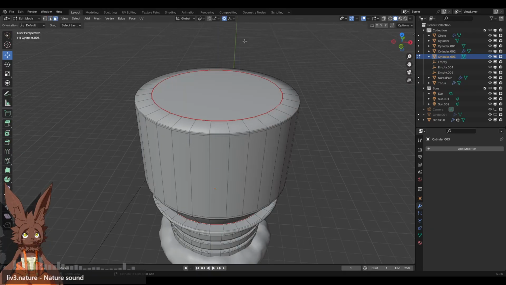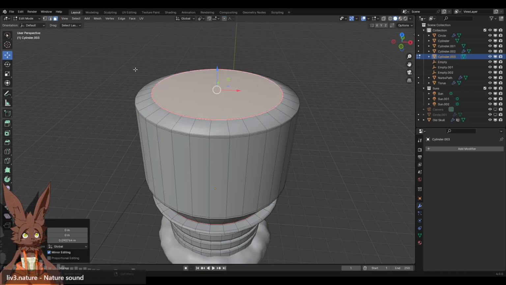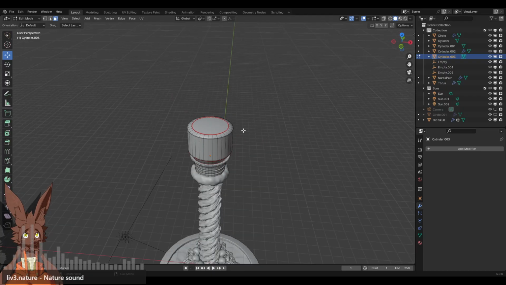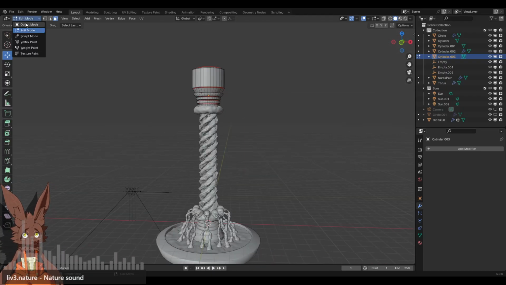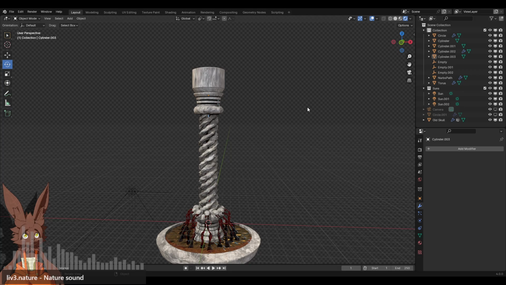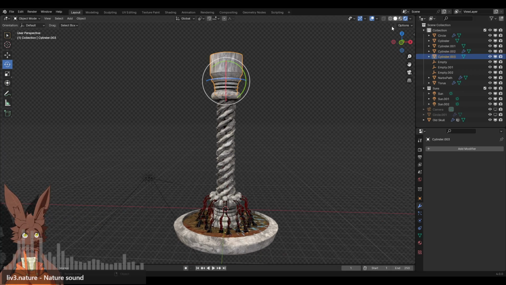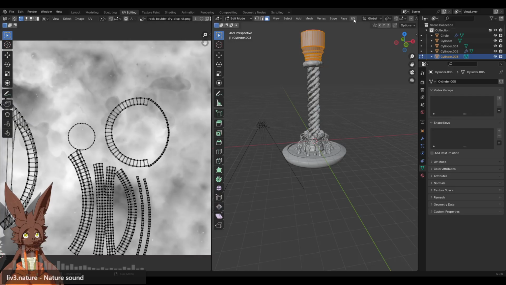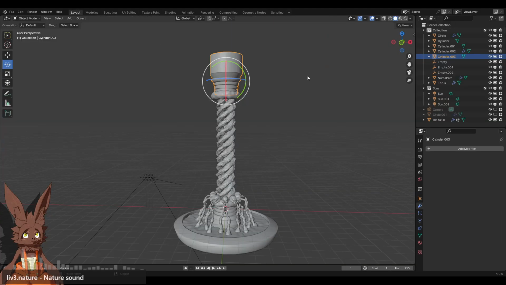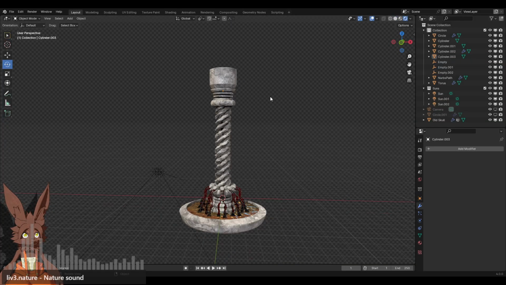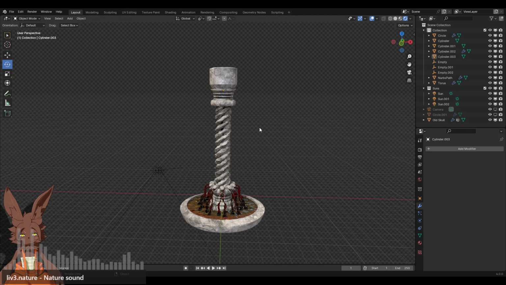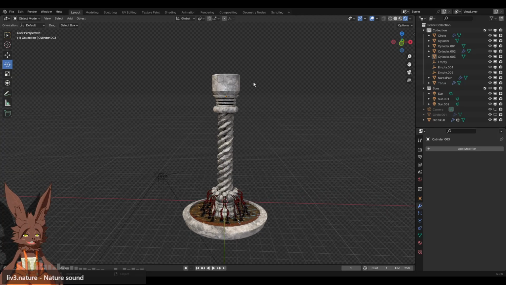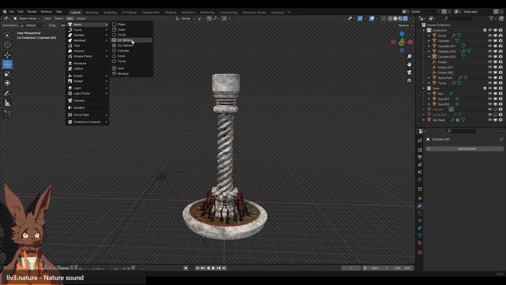Pull this up. Proportional editing needs to be turned off. Pull that up. UV editing. Unwrap. Like so. Like, do we want to do anything with this though? Like, I guess I could go